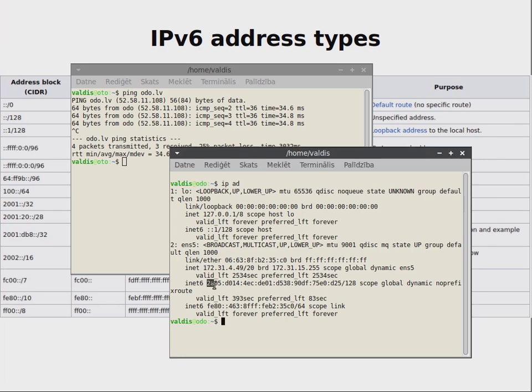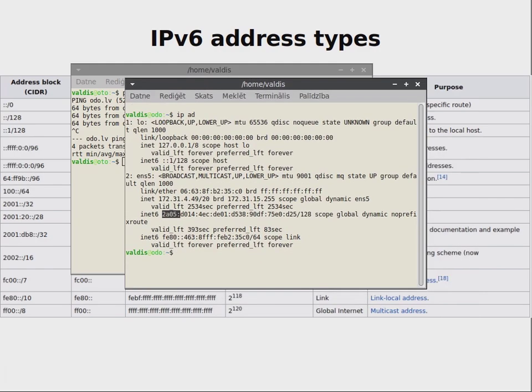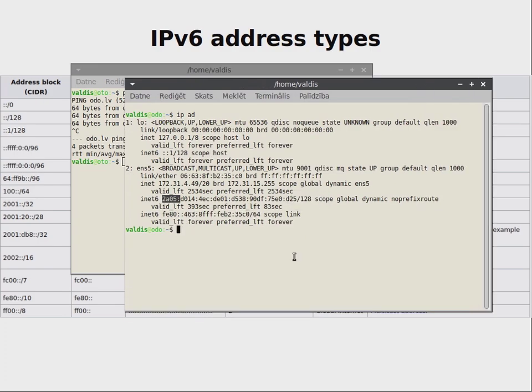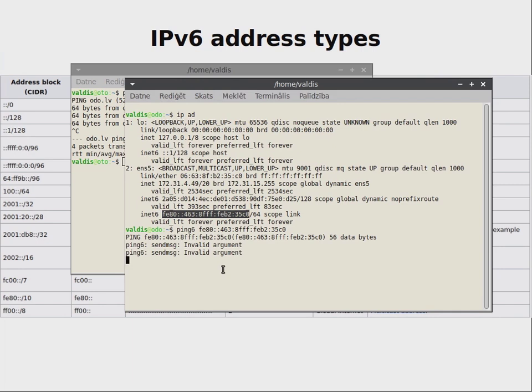And so here I see that for this remote server, it has two different Internet Protocol 6 addresses. One is still locally reachable, so you can use like dash interface.